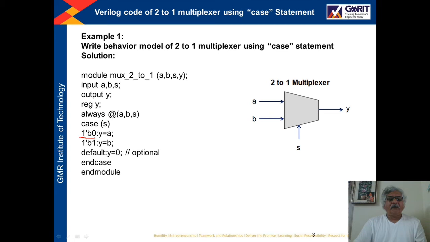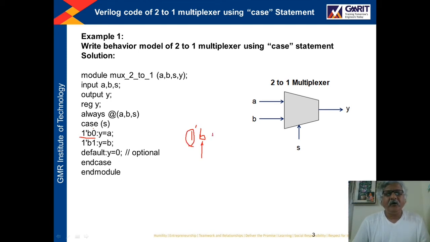Now, for the expression, one of the alternative values of S can be 0, right? So this is written as 1'b0. Here B indicates we are talking about a binary value, and 1 written here means it is only one binary value.